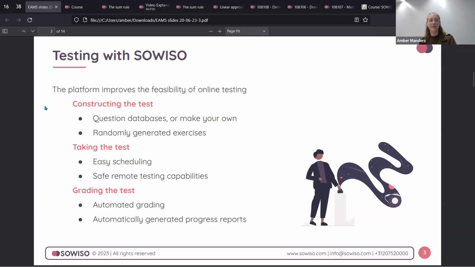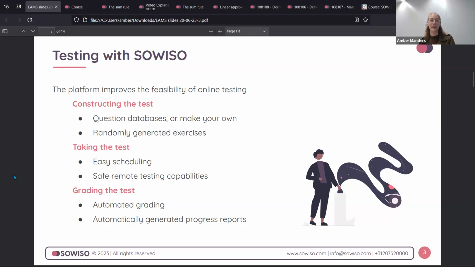Then besides constructing the test, we also try making online testing easier by making the test taking easier. Our tests are easy to schedule. There's also a lot of settings that you can change in order to make the tests precisely as you want. And we have safe remote testing capabilities, either with or without proctoring. So if your students are taking a test at home and they shouldn't be able to cheat, then this is possible.